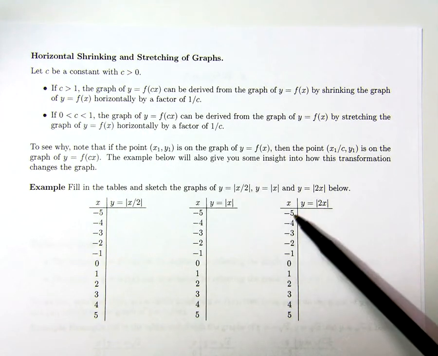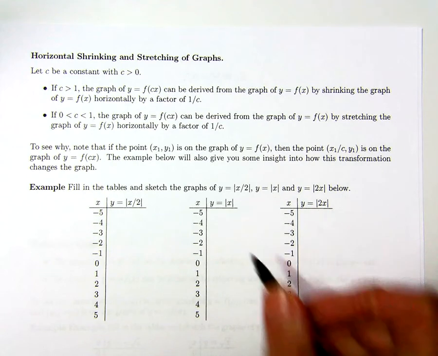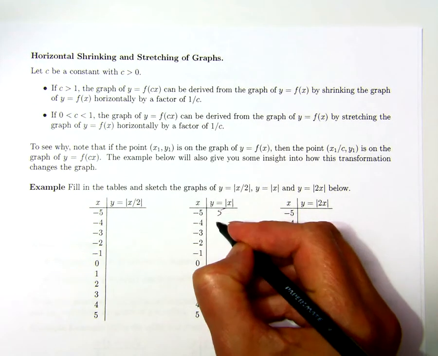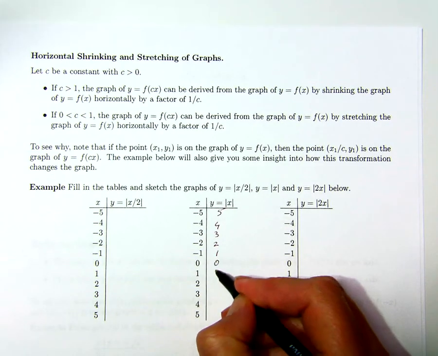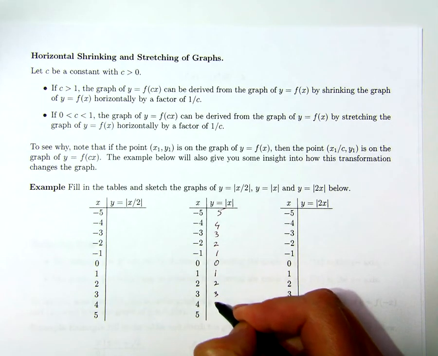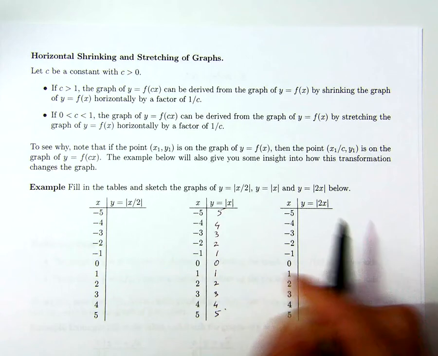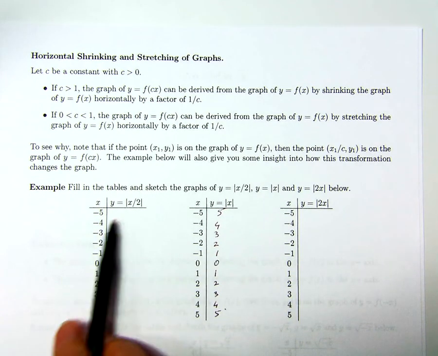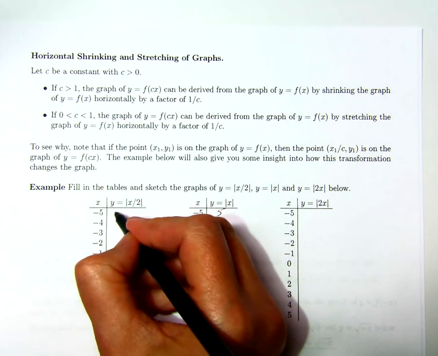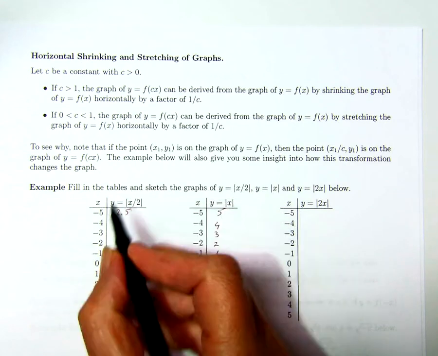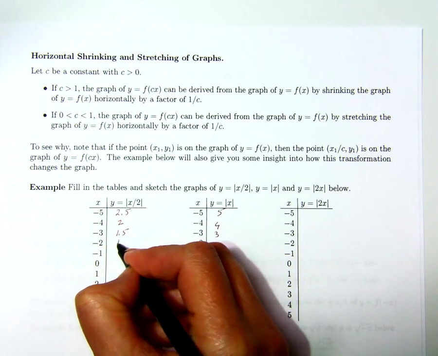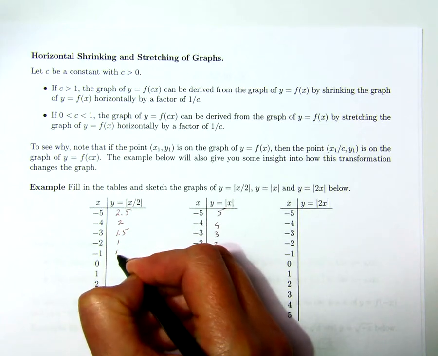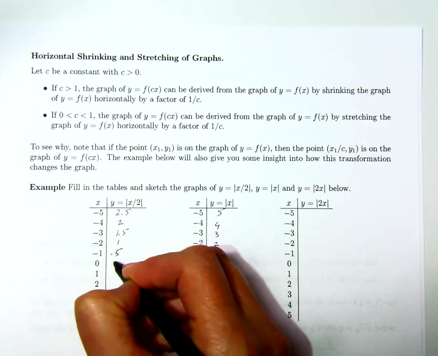Let's see what happens in the case of y equals the absolute value of x. We can easily fill in these numbers here. Just take absolute values. And then if we take the absolute value of x over 2 here, we just basically cut the absolute values in half here. This is 0.5, 0,